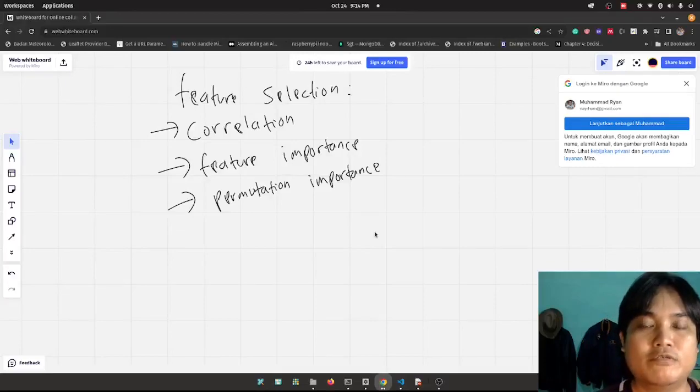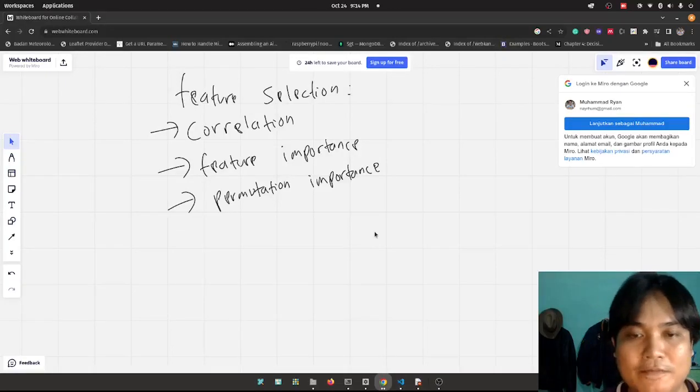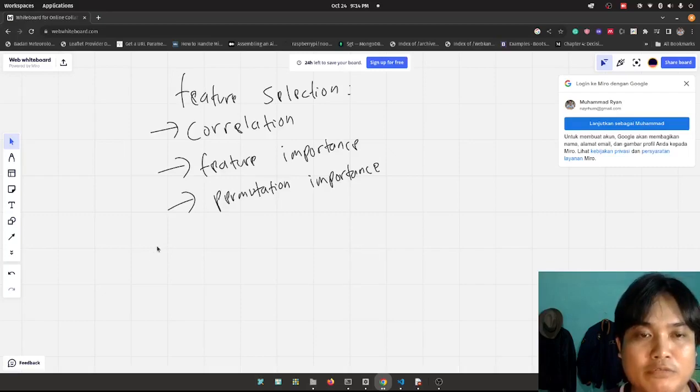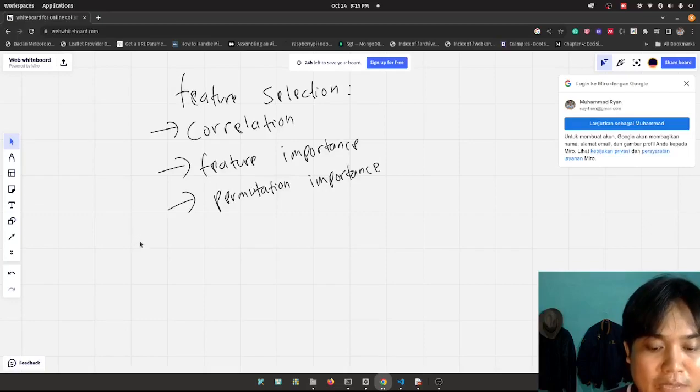Hello guys, today I want to talk about feature selection. And what is feature selection? By its name, feature selection is to select the features that you want to include in the model. So for example, you have many features, for example, 1000 features,